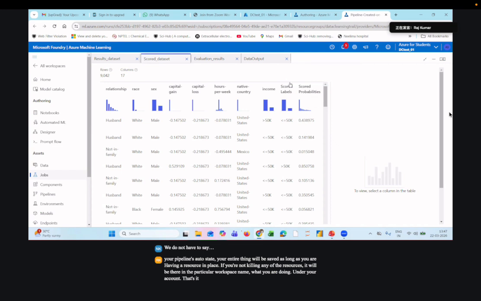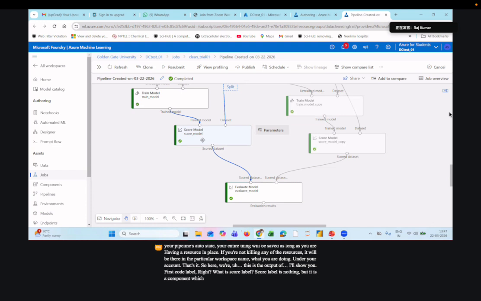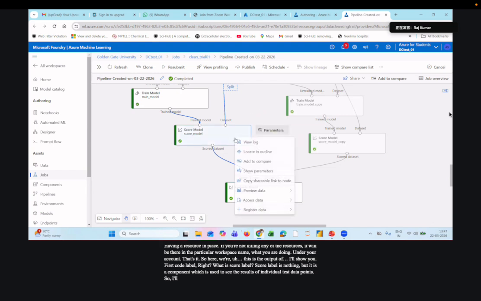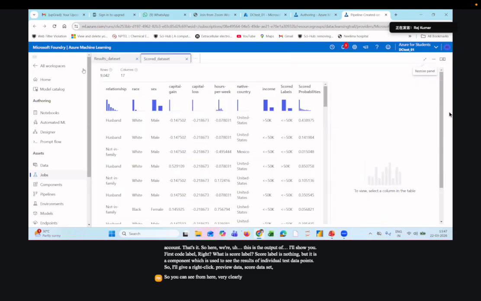That's it. So here, this is the output, I'll show you. For scored label, right? What is scored label? Scored label is nothing but a component which is used to see the results of individual test data points. So I'll right click, preview data, score data set. So you can see from here very clearly that out of your entire data points,